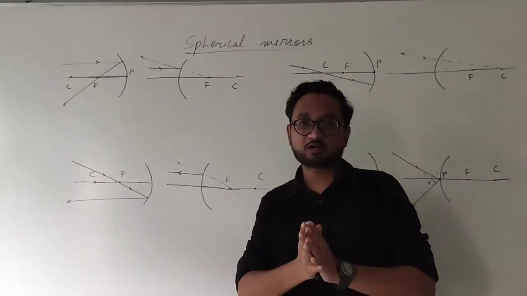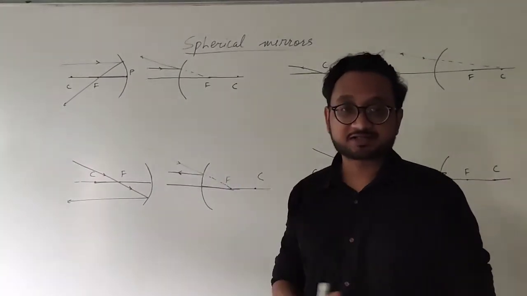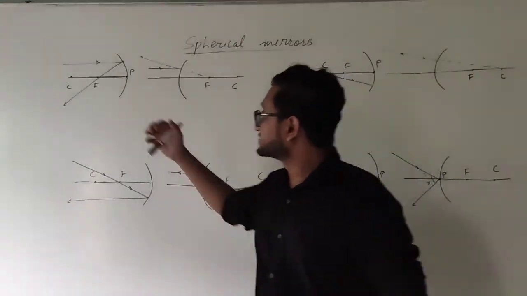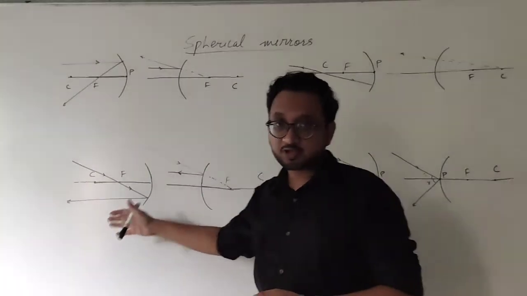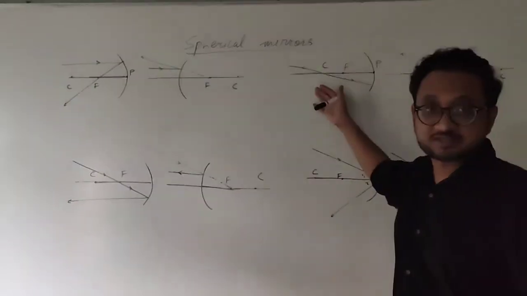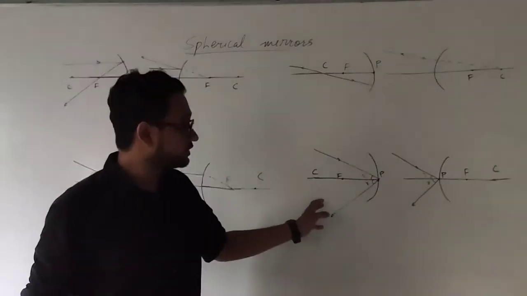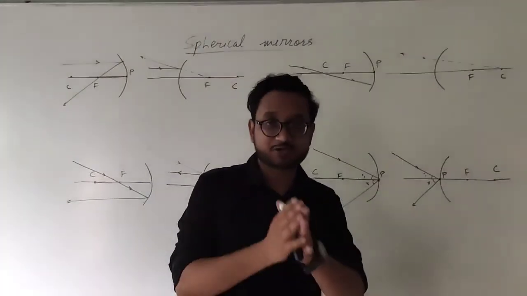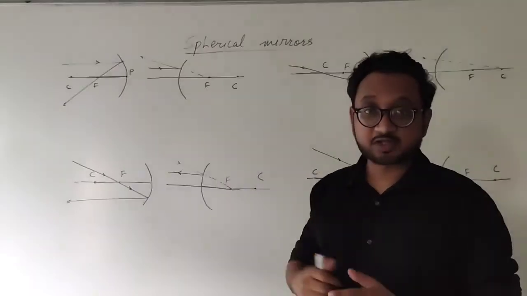Okay students, so here are all the diagrams that I just taught you separately so that it is clearer for you to understand. First for a concave mirror and then for a convex mirror. Second case concave mirror, convex mirror. Third case concave mirror and convex mirror. Similarly for the final case concave mirror and convex mirror, so that it is easier for you to understand the differences between the two.